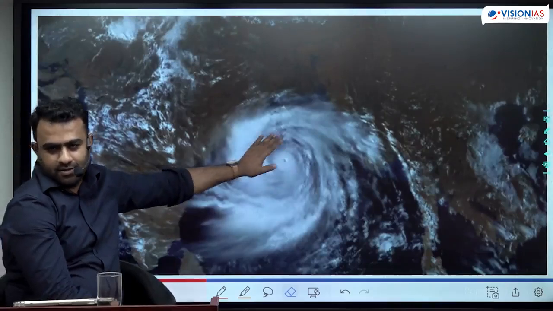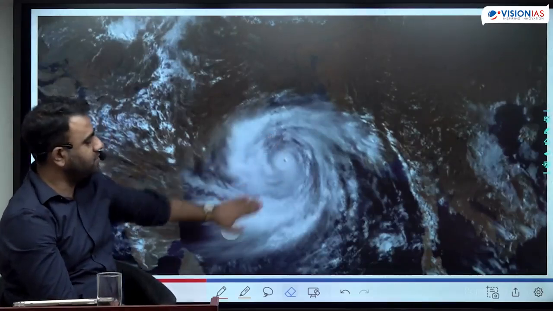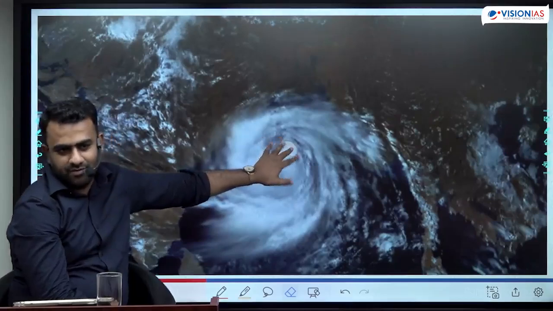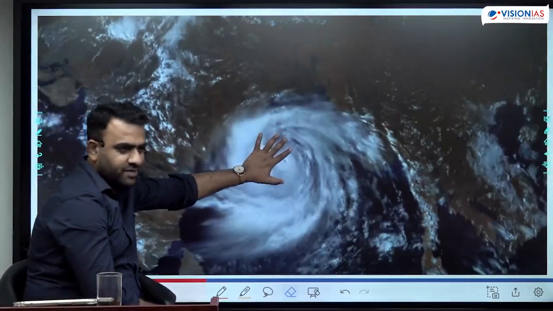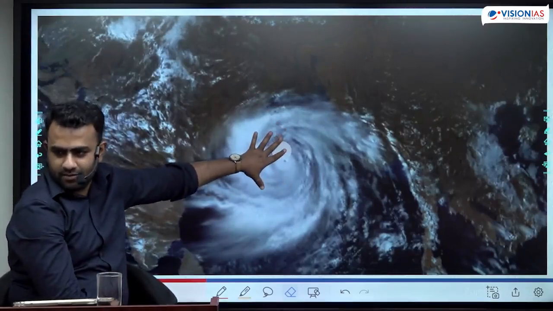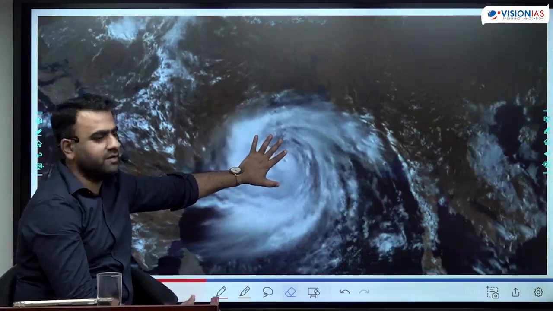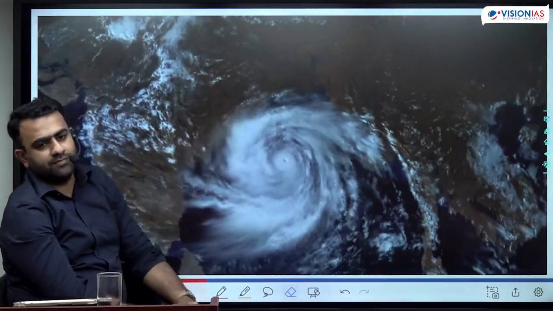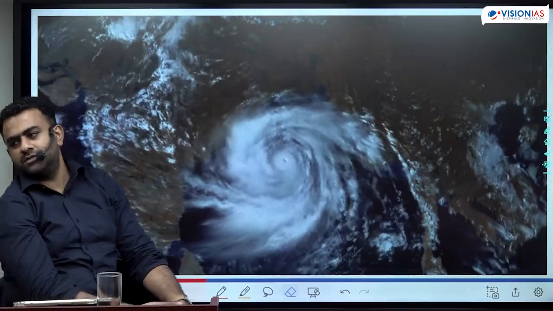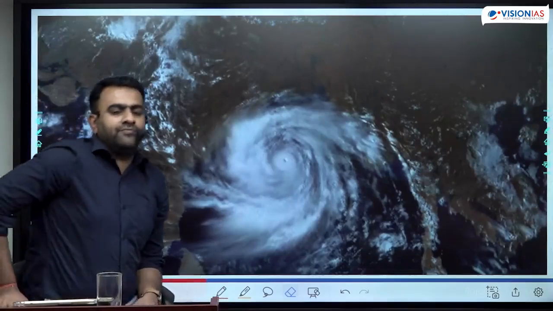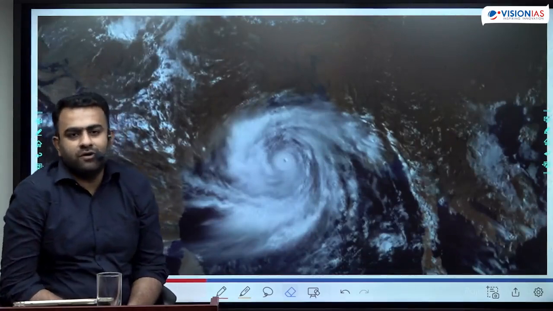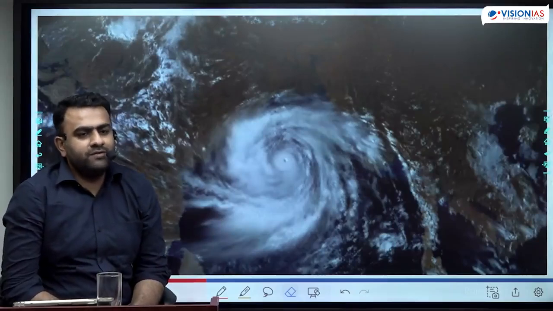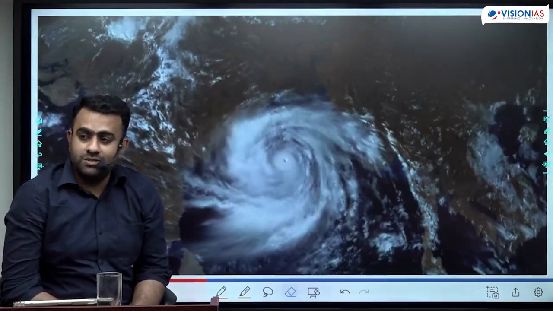So how do we describe a tropical cyclone? There is a low pressure, high velocity wind system with clouds capable of causing very heavy rainfall with thunder, lightning. Such a heavy rainfall that it can cause floods. It is continuously spinning and moving. This kind of system is what is called a tropical cyclone. Where do you see the formation of these kinds of systems? These systems can be formed only within the tropical regions, that too over the oceans only.